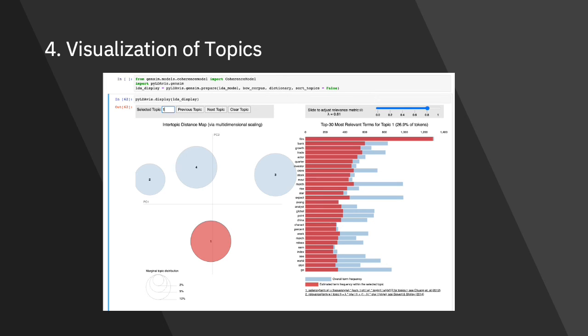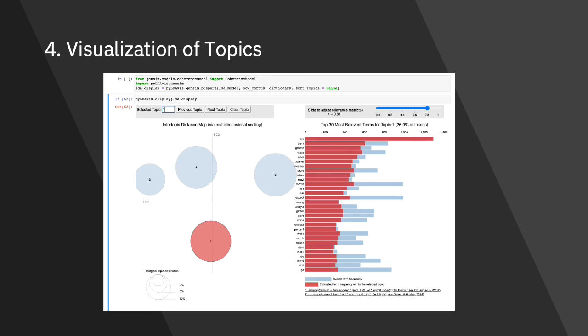Next, I've included a visualization of the topics. I've used the pyLDAvis module for this. It gives us an interactive dashboard, which includes the intertopic distance map, where you can hover over each of the topic numbers 1, 2, 3, 4, and see the data accordingly.